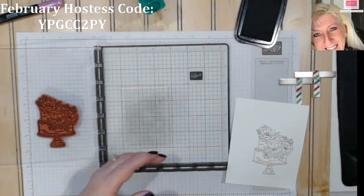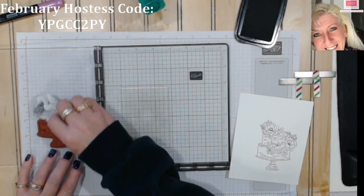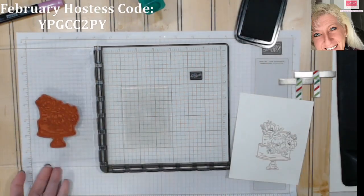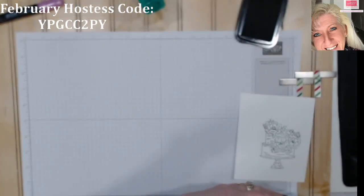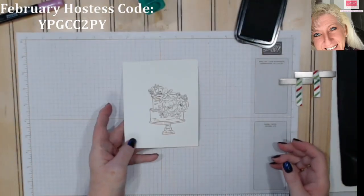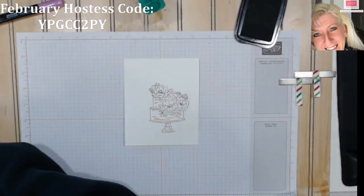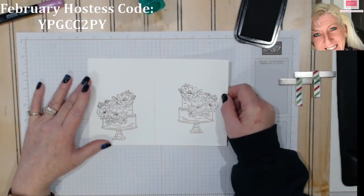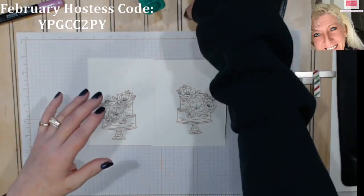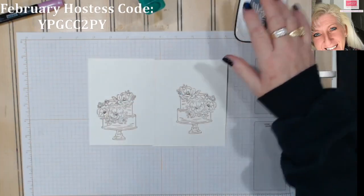Let me wipe this off and move it to the side. I'm just going to set that aside. So now here's our mirrored image, and let me find what I did with our original. Oh, here it is. So look, they're a perfect mirrored image. Isn't that neat? So now, to do a mirrored die cut,